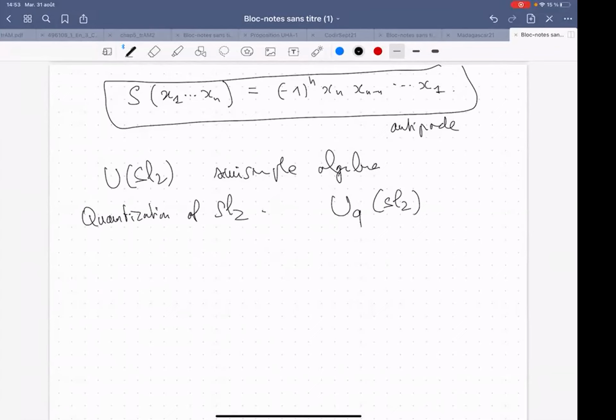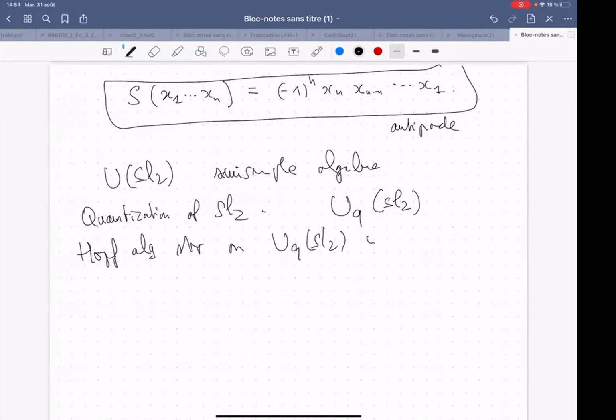To do this, I mentioned before that this sl2 is three-dimensional. It's defined by E, F, and H. Then the Hopf algebra structure on